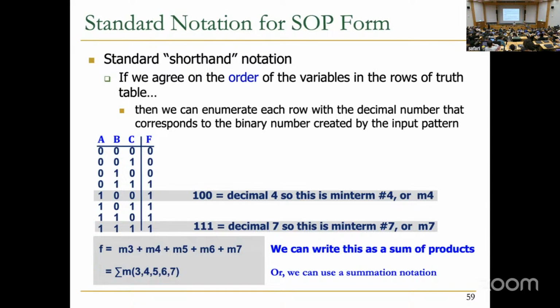So we're talking about SOP form, sum of products. And I think one thing I should emphasize is you can write a function like this, but you need to specify how many inputs there are in the function. Otherwise, at M3, you don't know what it's referring to, right? In this case, if I tell you I have a 3-input, 1-output function,